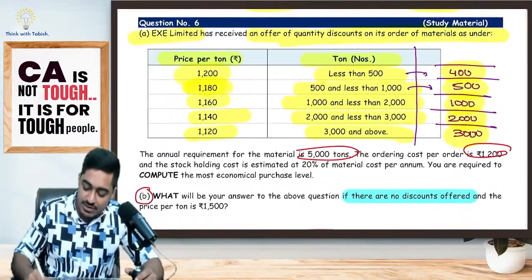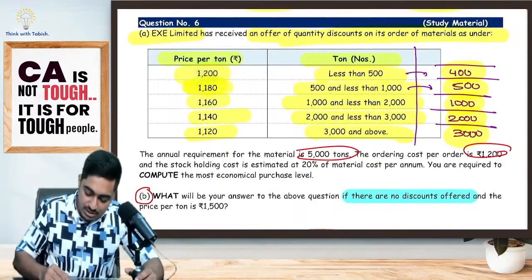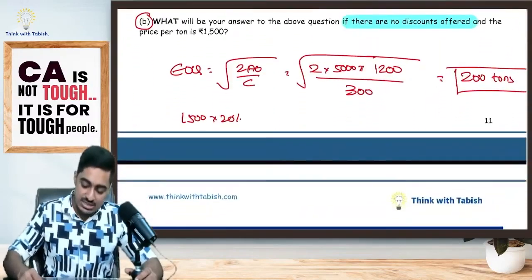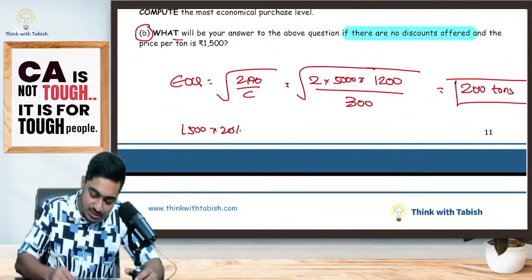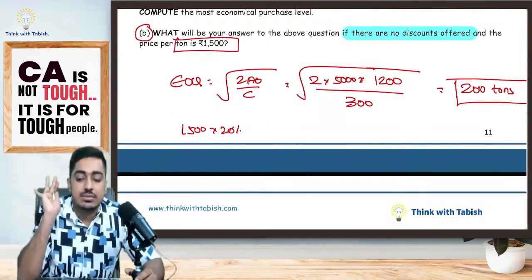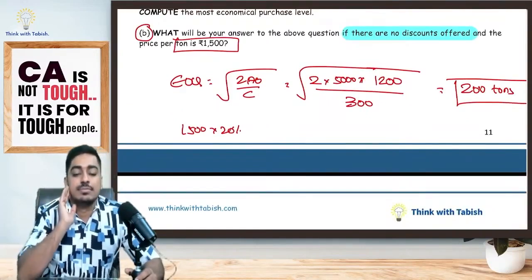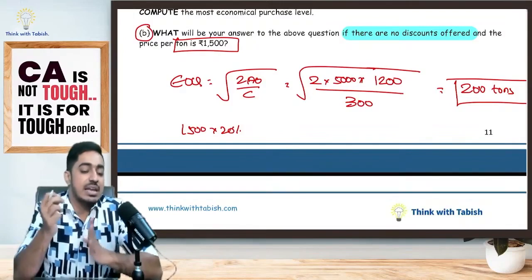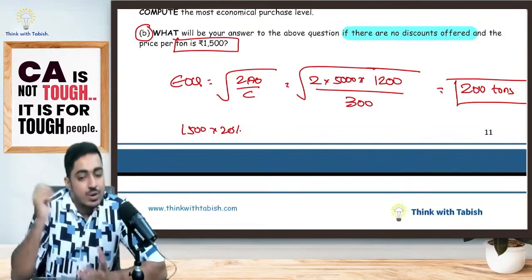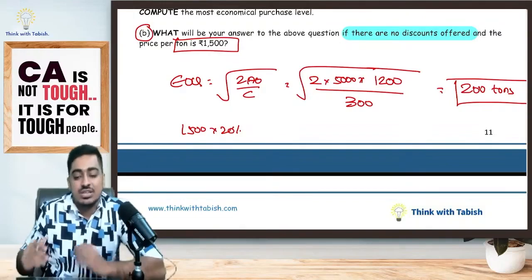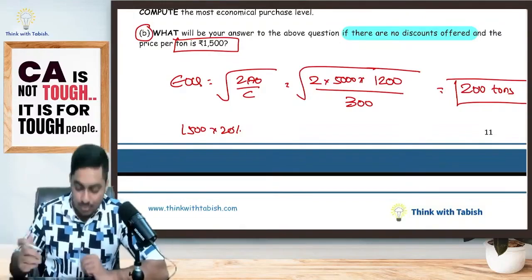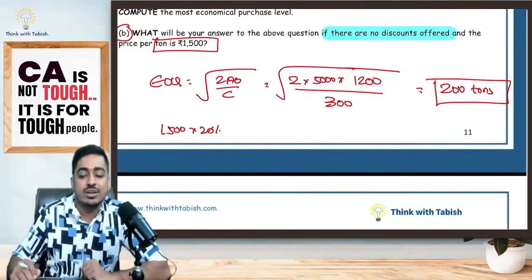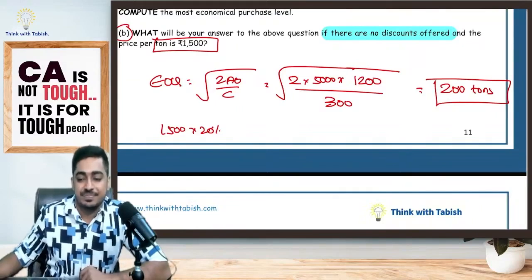Previously, supplier was telling if you are buying less than 500, pay 1200, 1180, all these things. He is not giving any of these offers. Then what is he telling? I am asking what is the price. He is telling 1500. No other story he is telling. In that case, what should I do? Yes, I have already discussed. If supplier is not giving me any discount, what is the most optimal level? It is my EOQ. And how do I calculate EOQ? Square root of 2AO divided by C. So I calculated EOQ and I told, okay boss, if supplier is not giving me any discount and if the price is 1500, I'll be buying 200 tons. Is this clear, everyone?